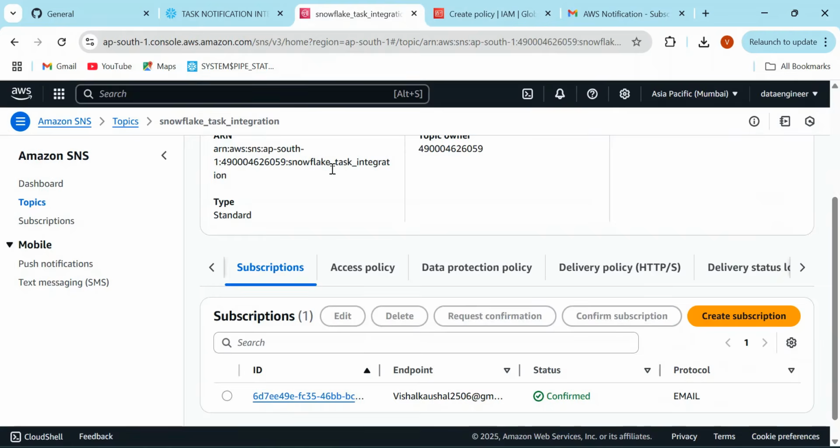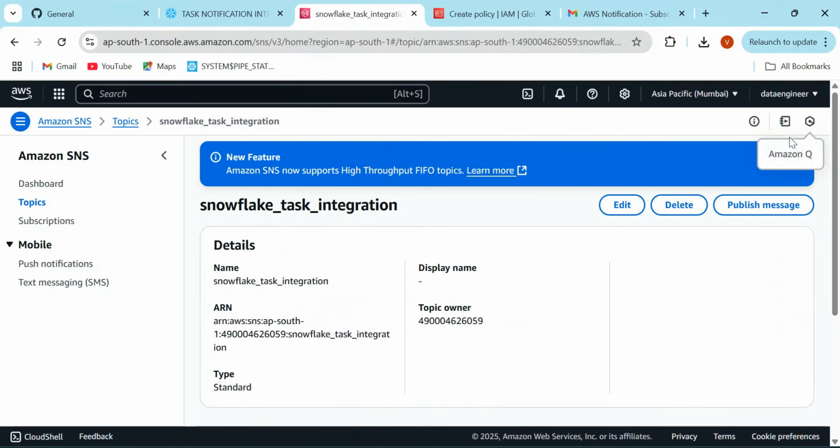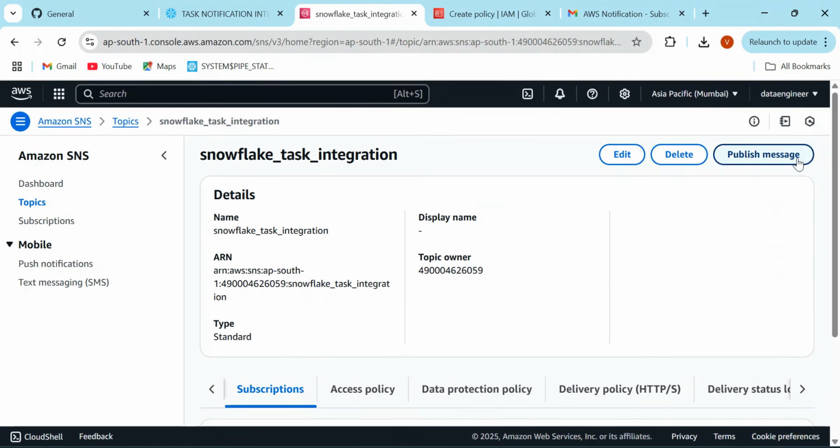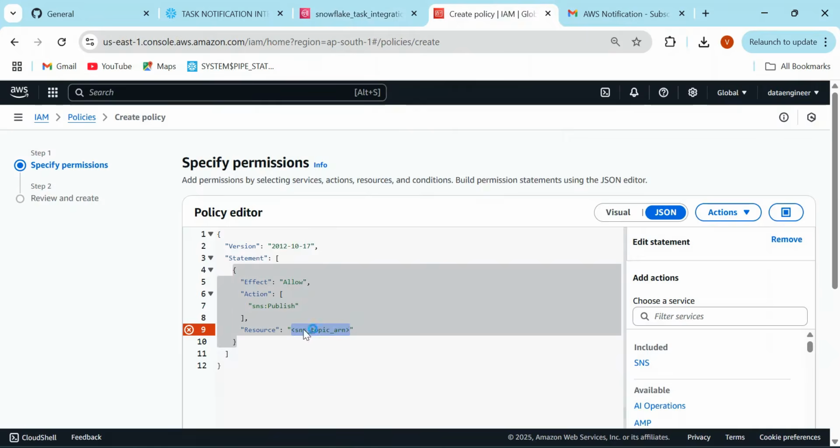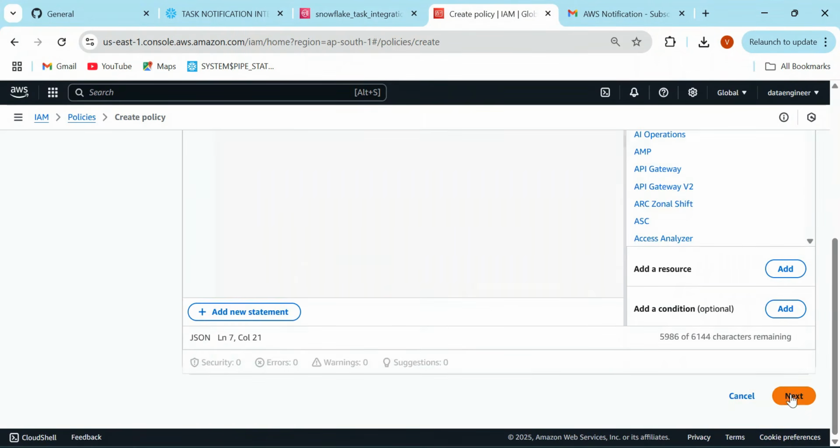And that's what I was mentioning, that once you are done with the creation of your topic, then you need to save that ARN. You need to use that ARN. I'm going to copy it over here and then paste it over there. As soon as I replace this ARN, you can see it's all set. I'm going to click on next,